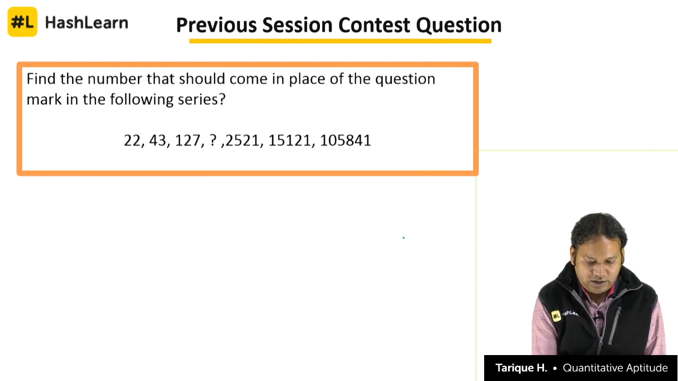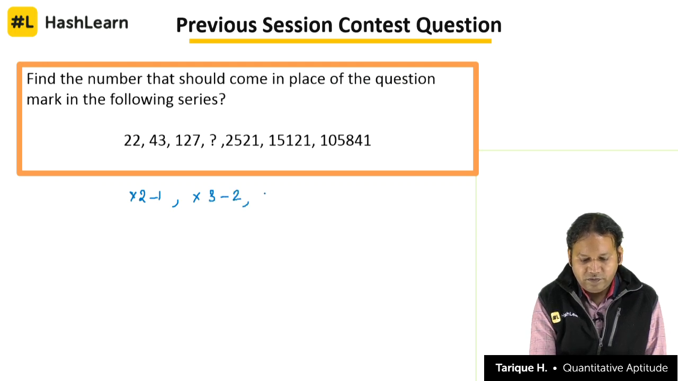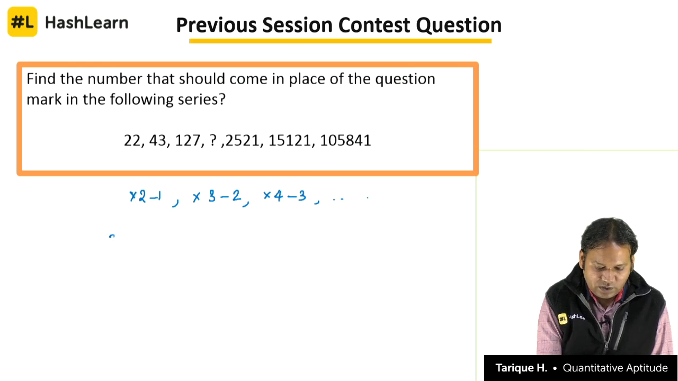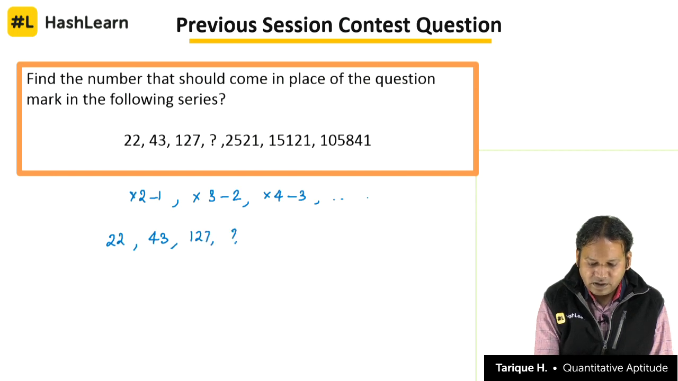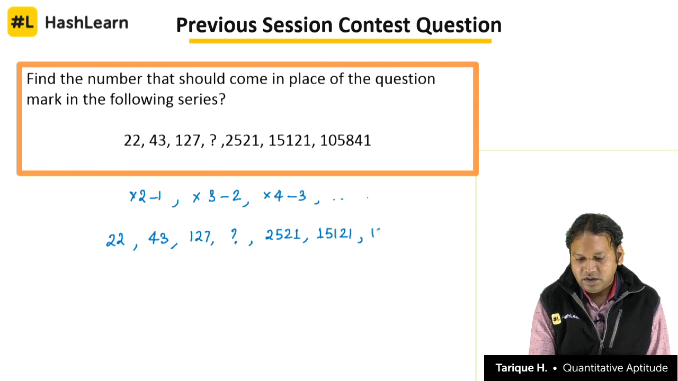So here this series is based on the concept of into 2 minus 1, into 3 minus 2, into 4 minus 3 and so on. So what should come in the place of the question mark? You see here 22, 43, 127, we have a question mark here, 2521, 15121 followed by